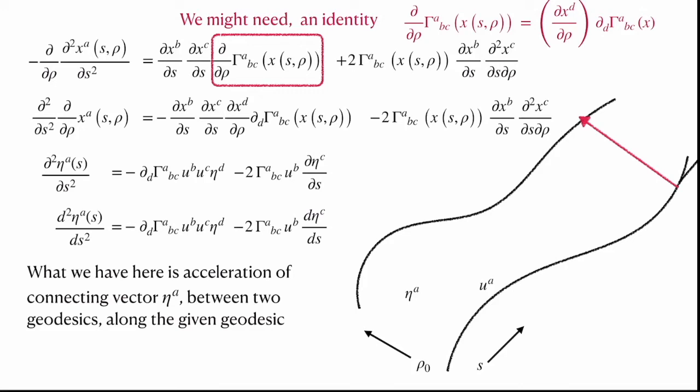However, we are not done yet. Here the equation which we get is not covariant. That means the equation which we have here is not written in terms of tensors. If it is not a tensor, then each time when you change the coordinate system, it would not transform in a clean manner. So we somehow have to make it in the tensor form, which is also called making it covariant. Once we make the covariant equation, then we would have how the connecting vector between the two geodesics accelerates as we go along the geodesic.